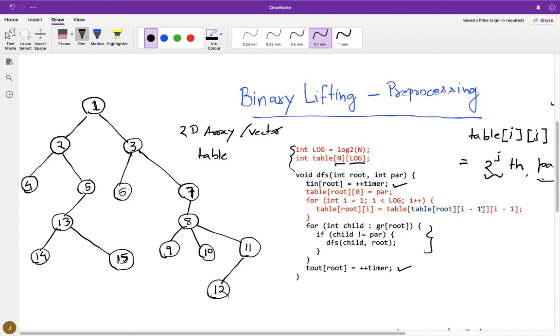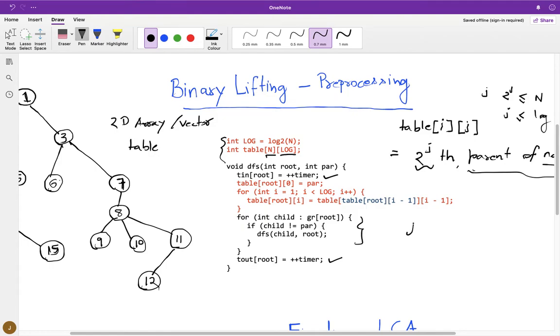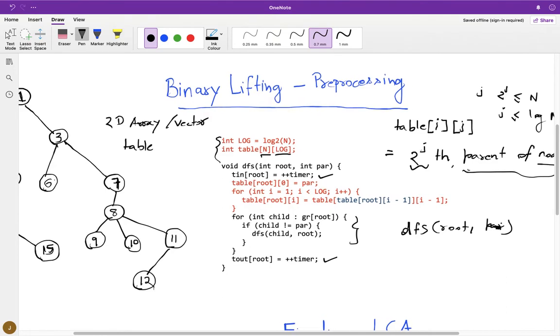Now when you make a DFS call, what do we call? We call something like this: DFS of root and its parent, let's call it P, not pair.